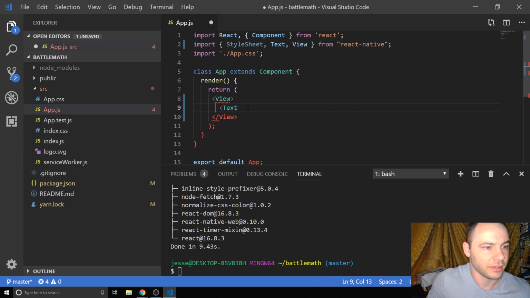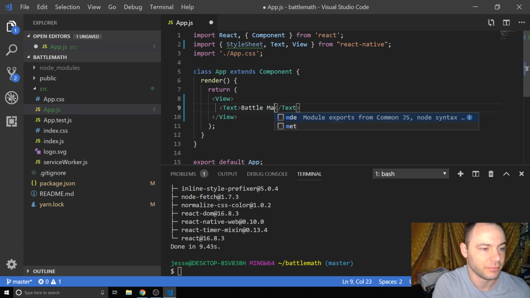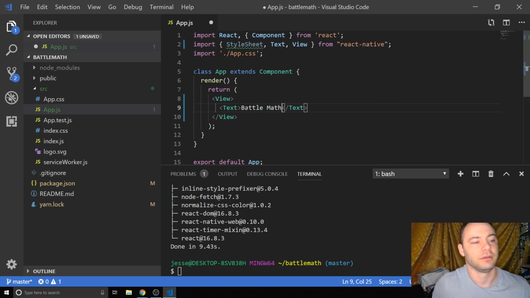So we're going to add in text. And then inside the text, let's put the title, right? We're going to say this Battle Math, okay? And if you didn't catch it earlier, I built a game for my son when he was learning basic math. We're going to try to recreate that game using React Native Web and hopefully make it better as well. And then maybe my other kids can use it to learn math. Okay, so we have that, and then